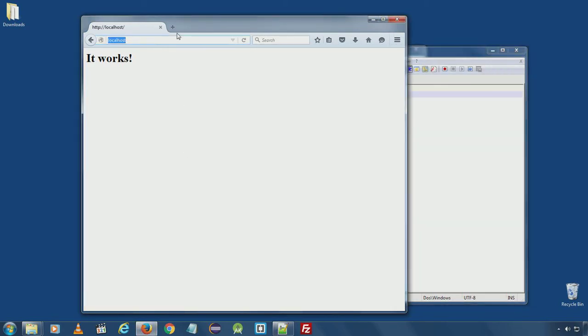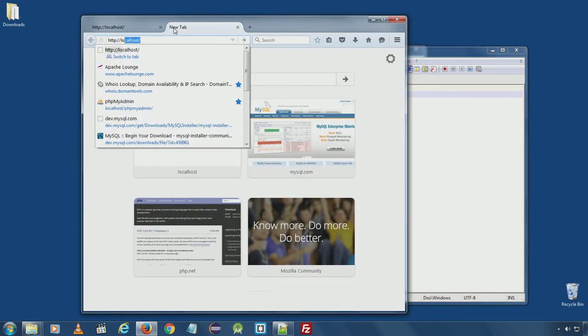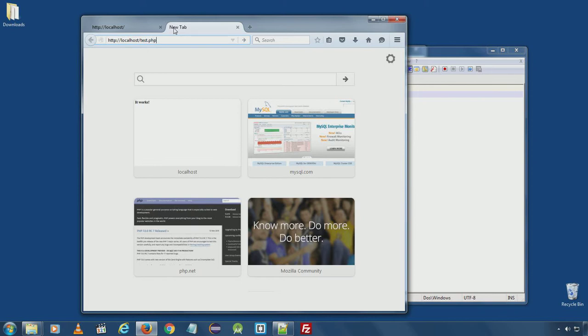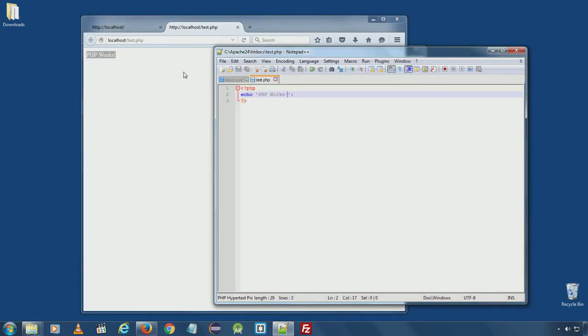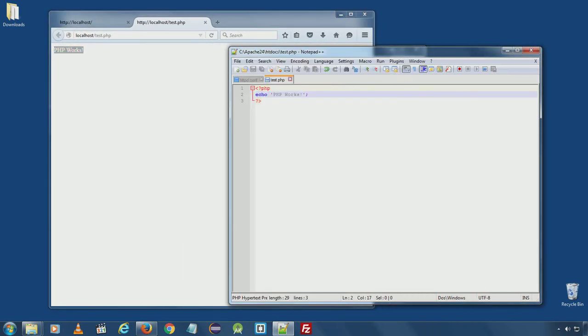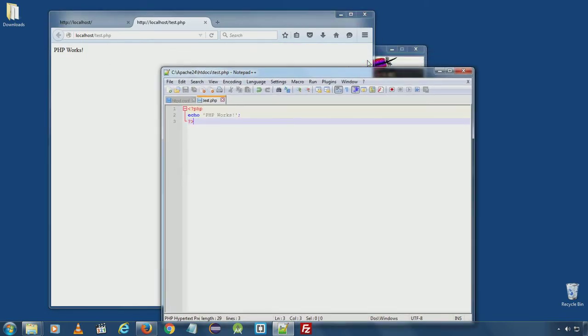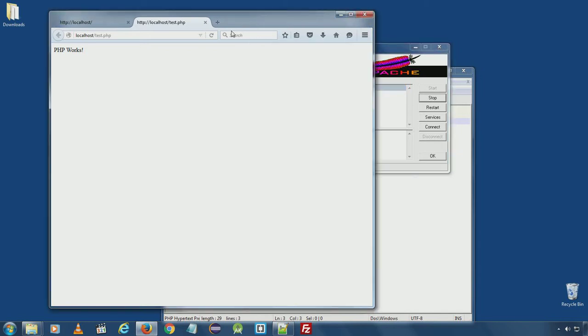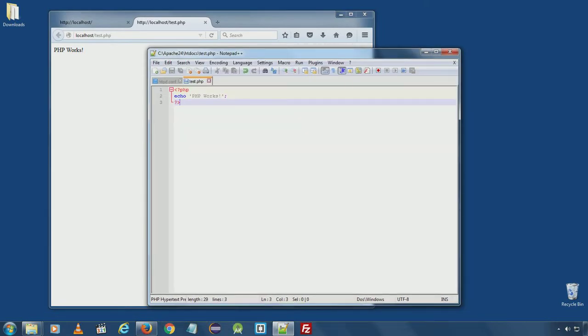Now if you load http://localhost/test.php and you see the PHP works message, it means Apache is successfully parsing PHP files and PHP is working on your development machine.